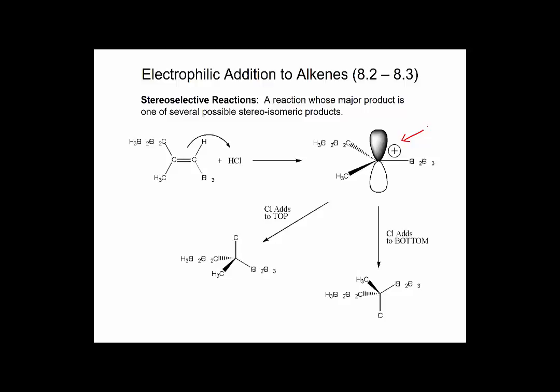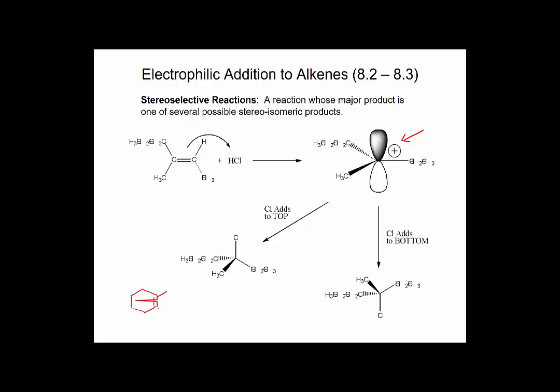So you'll end up with 50% of the two additions. Now, this is a bad example because it's acyclic, but the one that we did yesterday was to take